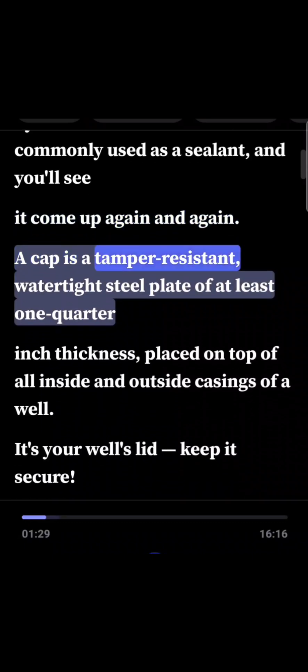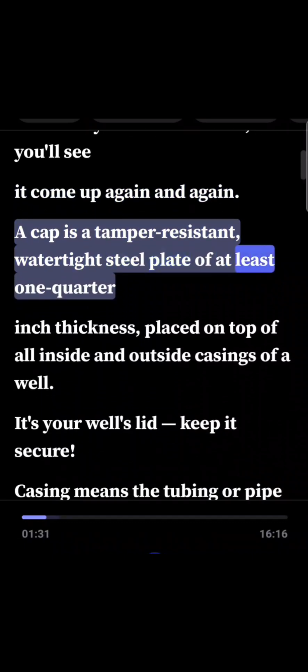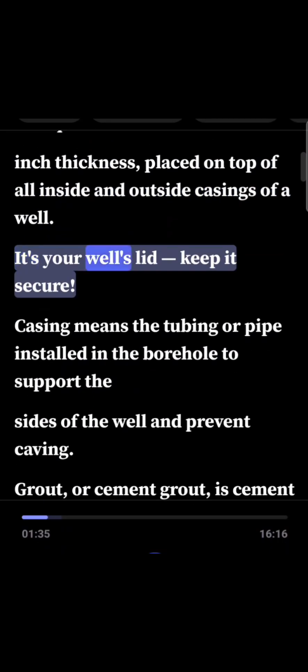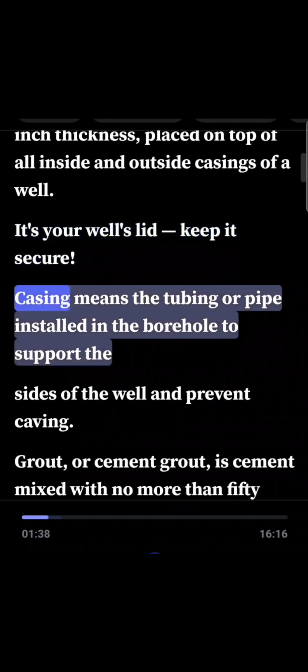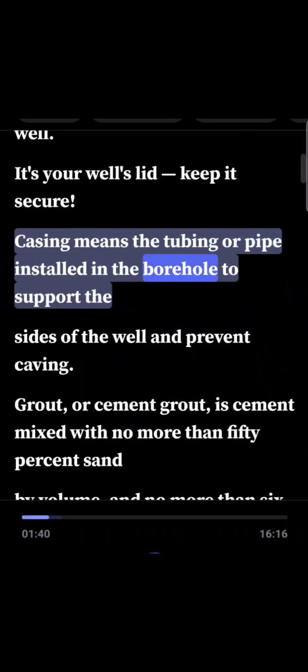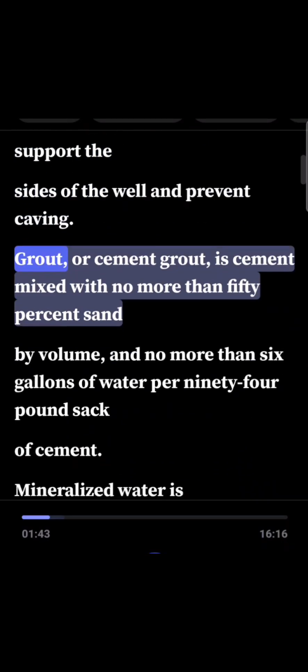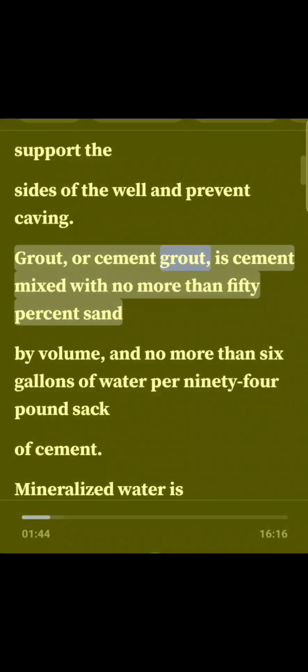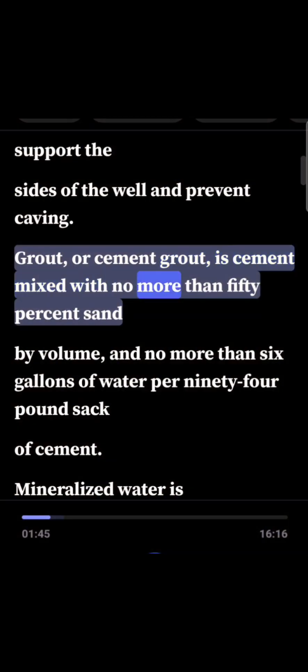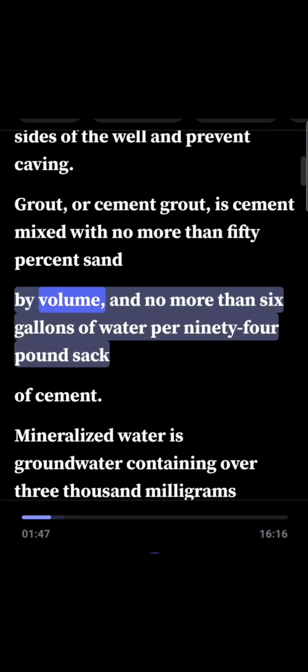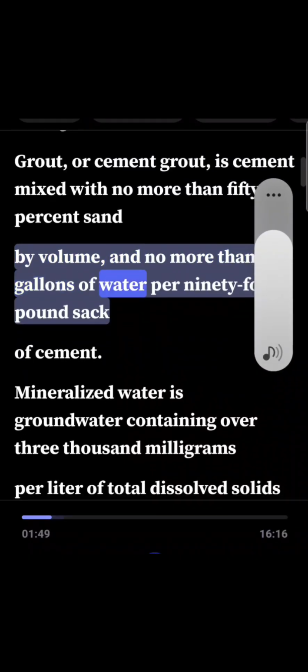A cap is a tamper-resistant, watertight steel plate of at least 1/4 inch thickness, placed on top of all inside and outside casings of a well. It's your well's lid. Keep it secure. Casing means the tubing or pipe installed in the borehole to support the sides of the well and prevent caving. Grout, or cement grout, is cement mixed with no more than 50% sand by volume and no more than 6 gallons of water per